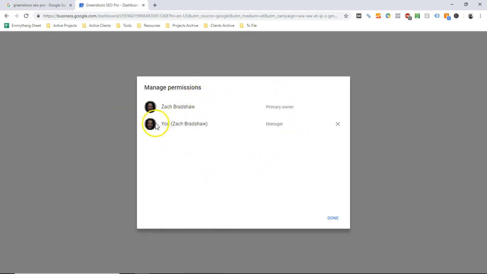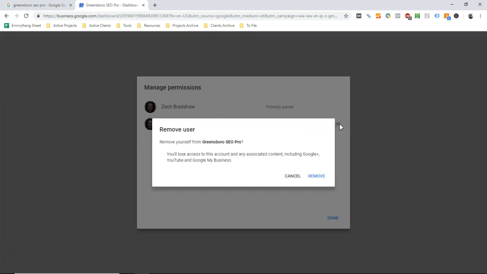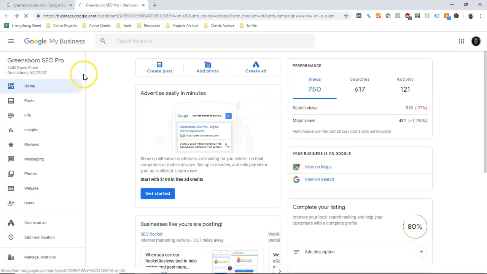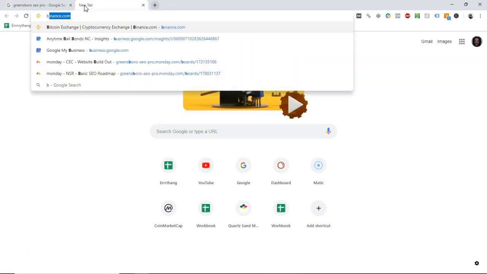Now, because I use my Gmail account to do this specific part of the demonstration, I'm only a manager here. So the only user permission that I have is to remove myself as a manager. And just for the sake of this demonstration, I'm going to go ahead and do that, and I will be kicked out of this account, right? So now, in order to